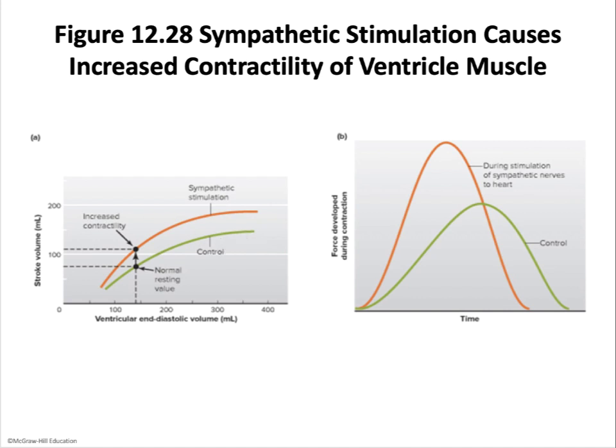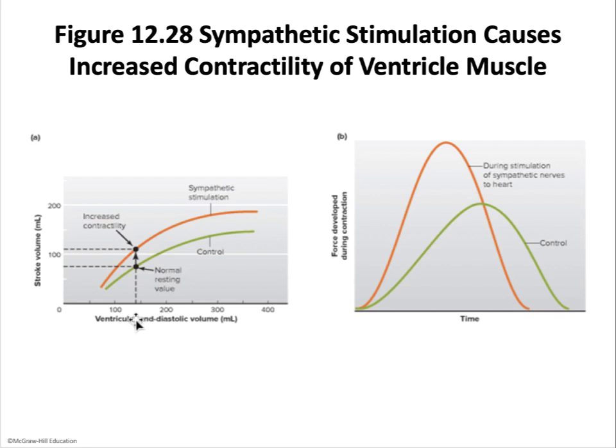This is the Frank-Starling curve that we saw earlier. Now, in the presence of sympathetic stimulation, the curve is left shifted. So it shifts to the left and slightly upwards. So under the same level of filling, the force of ejection increases, therefore pumping out more blood from the same